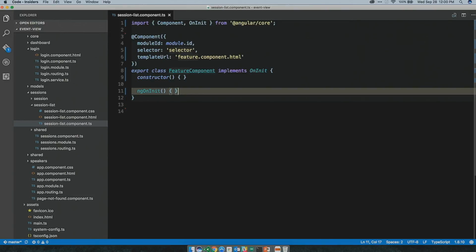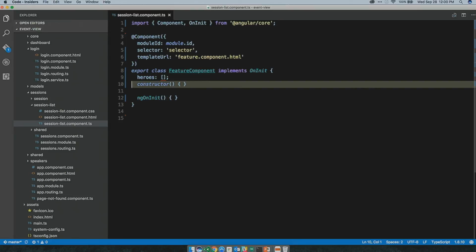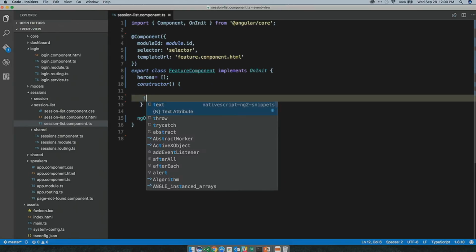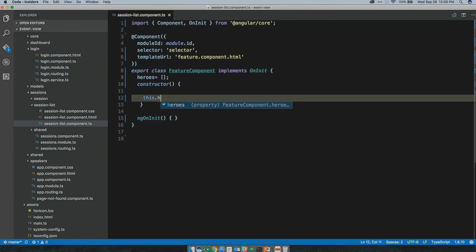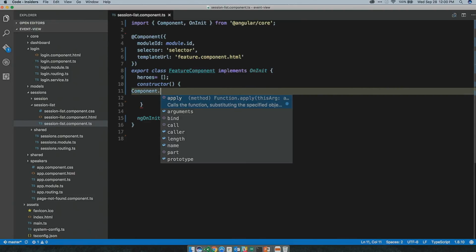As I'm typing in things, like inside my guy, I could have a property called, let's say, hero, and I'll just make him an array. So, equals. If I come down to my constructor now and I say this dot, notice the type checking comes up in IntelliSense and all that fun stuff. We can do that on Angular features too. So I could come in here and I could say, okay, component dot, and I can see all the properties on component because that came from Angular.